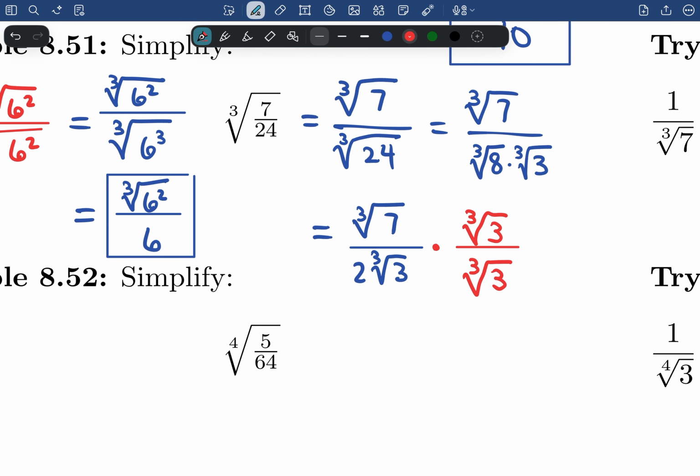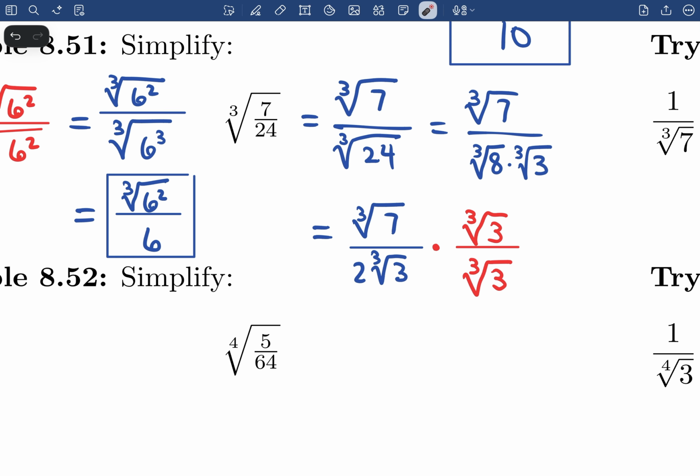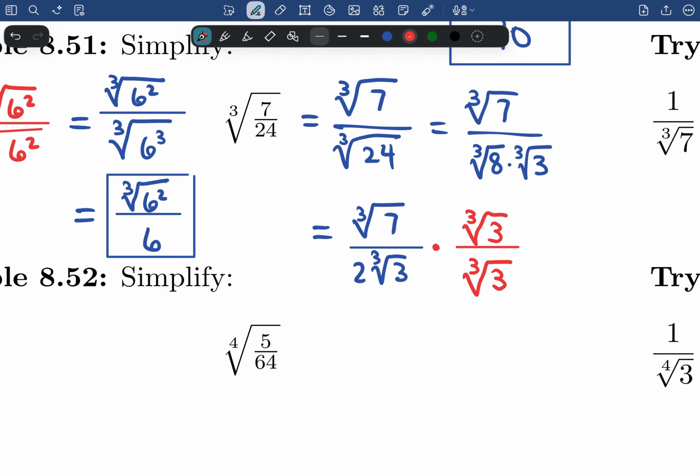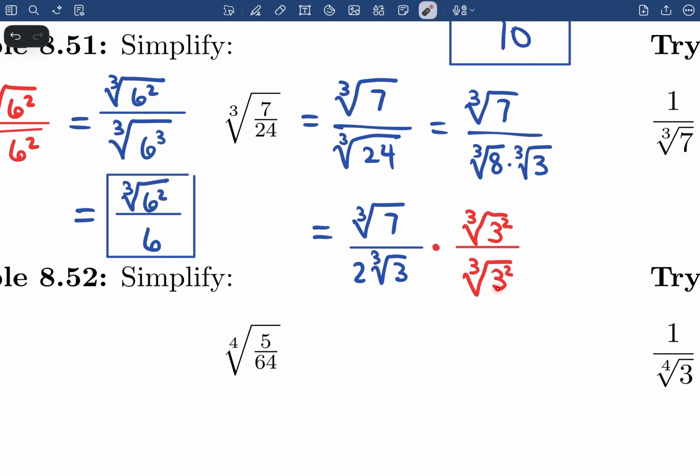Now, there's one extra thing that I need to include at this point. So I took this thing and I put it on top and bottom, but I don't just need 2 3's inside of a cube root. I need 3 3's. So I need 3 and then another 3 here to simplify the radical. So I'm going to include a squared on top and bottom. 3 squared, okay? And now it'll make sense